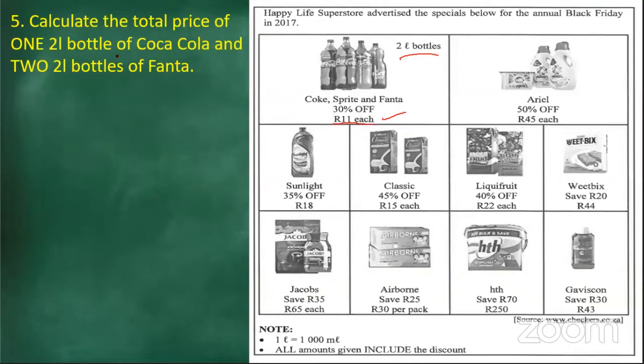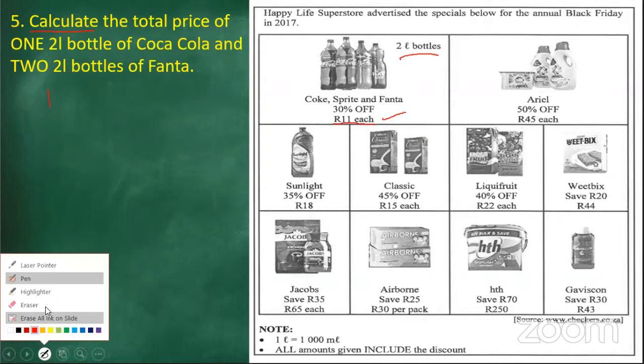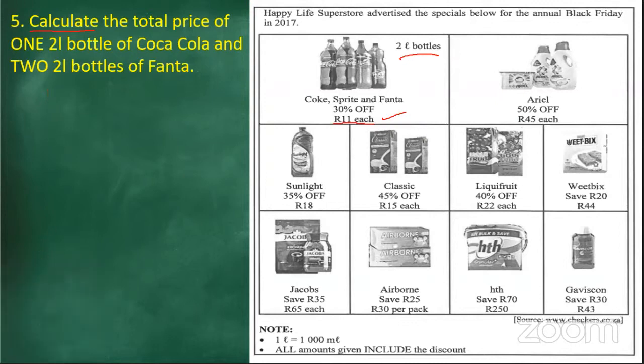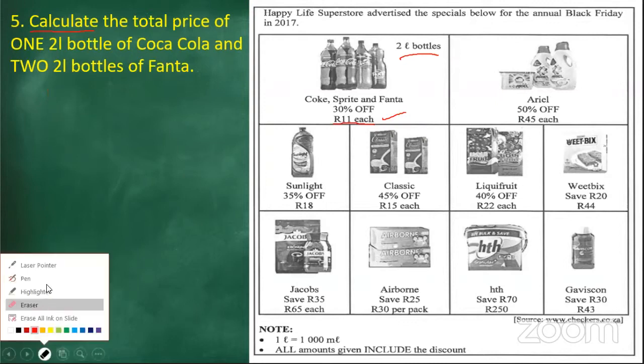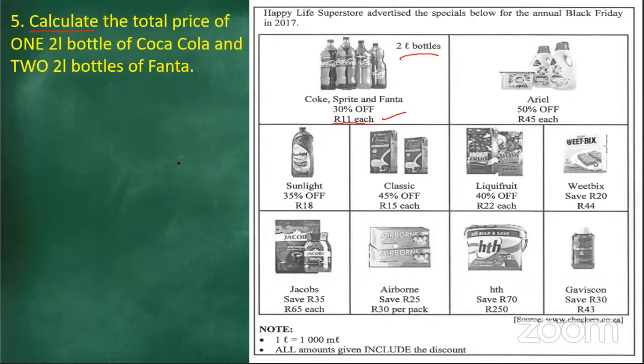So how much are we calculating? The keyword is calculate, so we need to show our calculations. It's 1 2-liter bottle of Coke plus 2 2-liter bottles of Fanta. So it's 1 plus 2, which will be 3, right? So it is actually